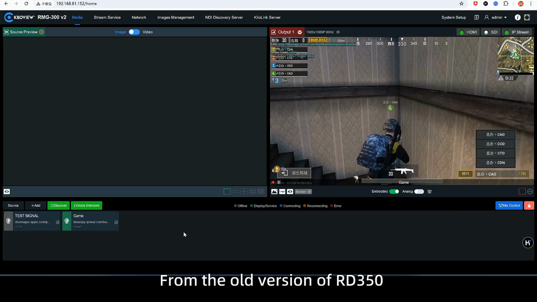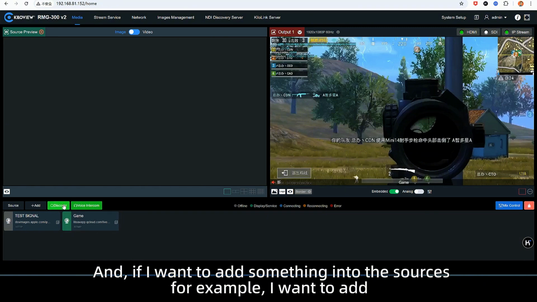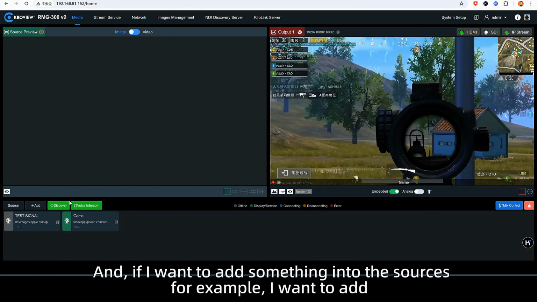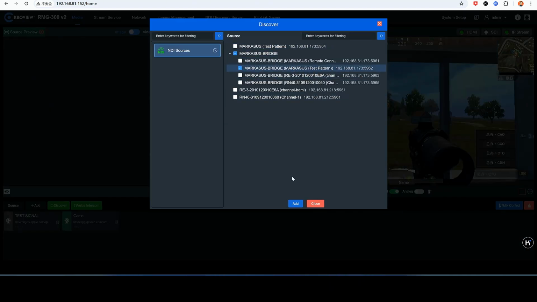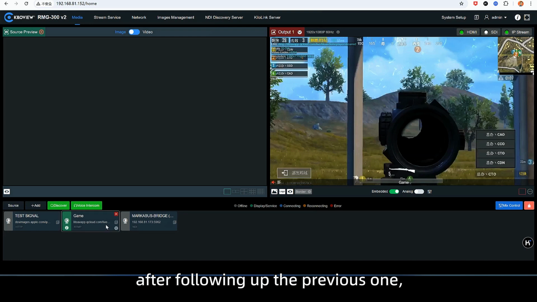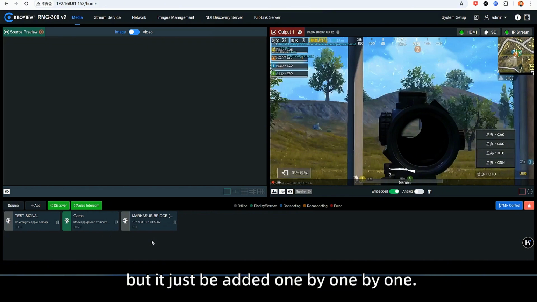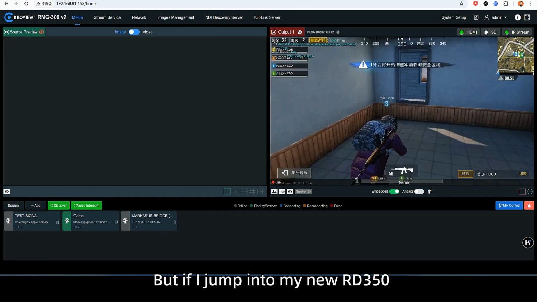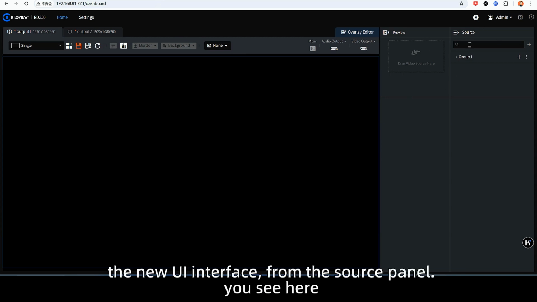From the older version of the D350, just for example, using my RMG300, if I want to add something into the sources, for example my NDI bridge test pattern, okay, I add it. You can see it's simple to add after the previous one, but they just end up added one by one. But if I jump into my new D350, the new UI interface,